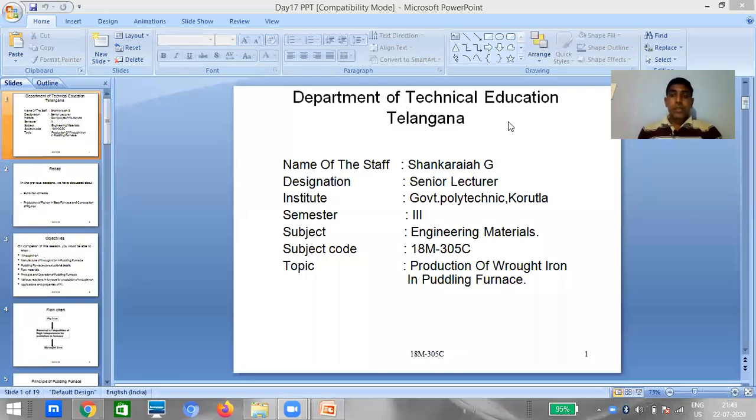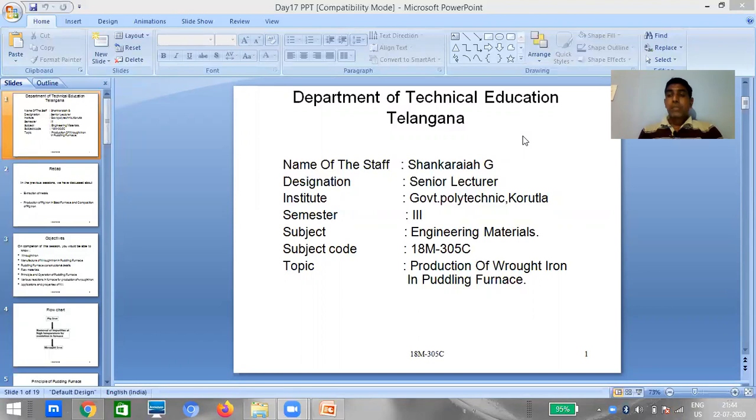Hello students. In the last session we have discussed production of pig iron from blast furnace. So in that one we have discussed what is pig iron and what are the steps involved in production of pig iron and construction details of blast furnace, and later we have discussed the operation of blast furnace. What are the reactions that took place in the blast furnace we have discussed, and what is the charge of a blast furnace, and what are the products and byproducts of a blast furnace we have discussed. And coming to those details again, I will explain the important points.